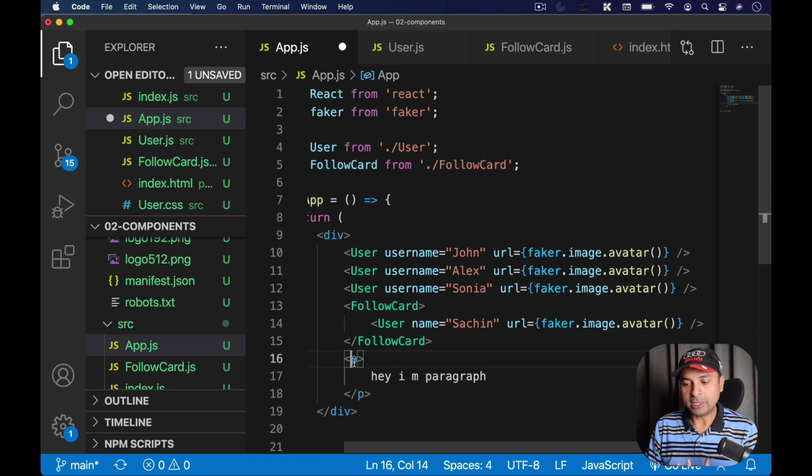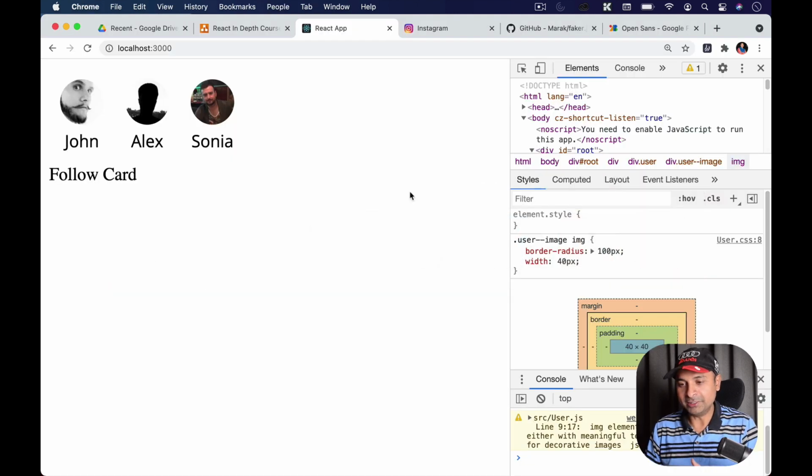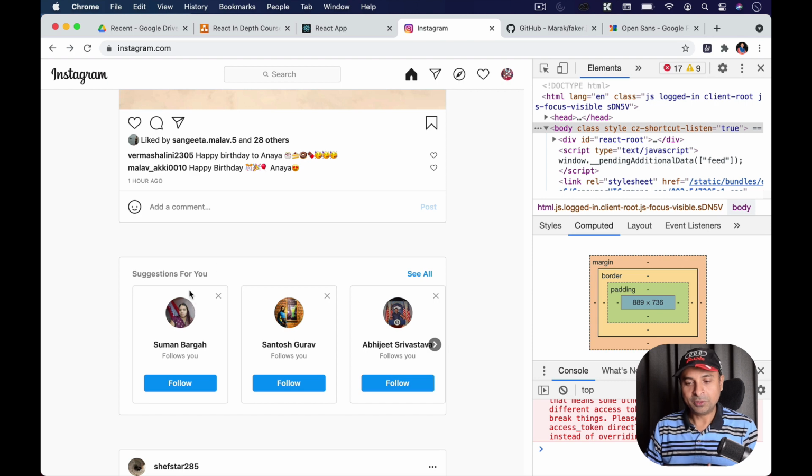The follow card is like a p tag, but this follow card is my own custom component that I have created. And this "hey, I'm paragraph" is the text inside that paragraph. Similarly, I can pass my own components. You see the beauty? This is how I'm forming this. So this is my follow card. I didn't write any CSS for it right now, but we are going to write it. But I'm passing that user as a children